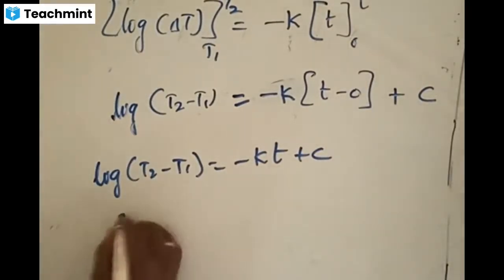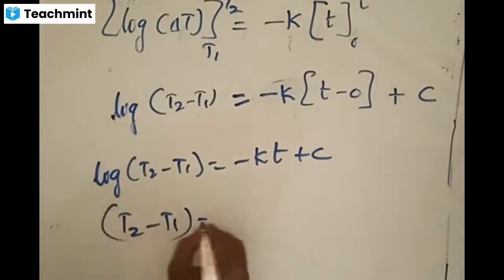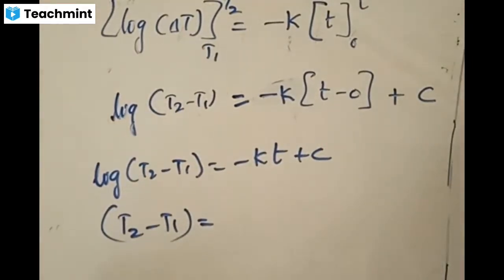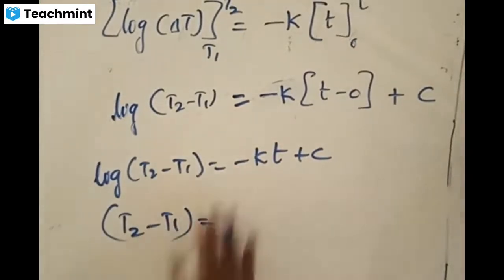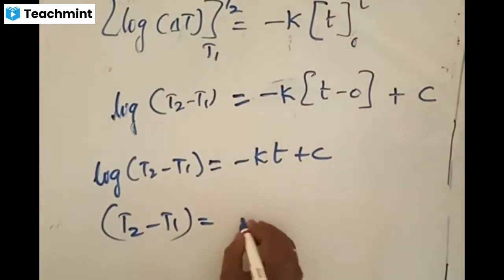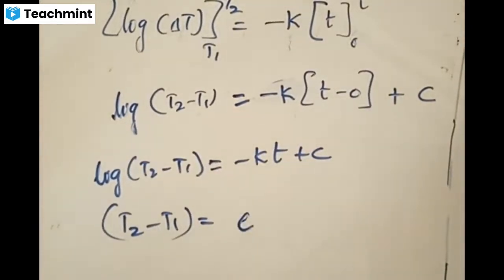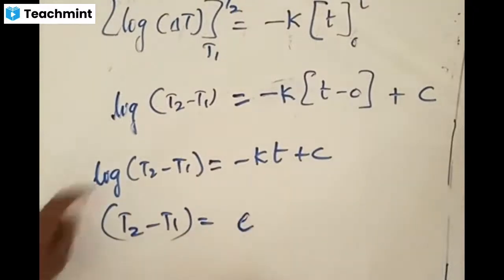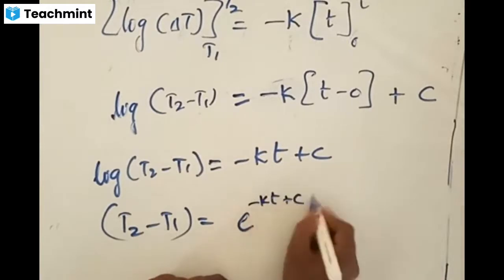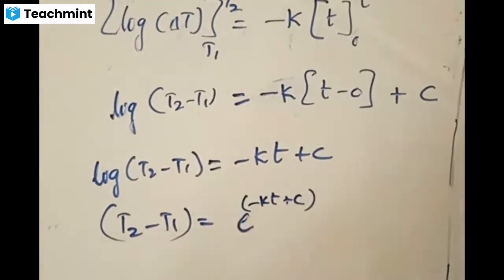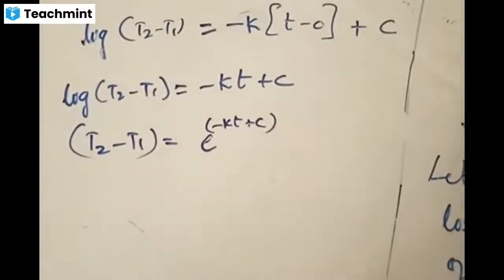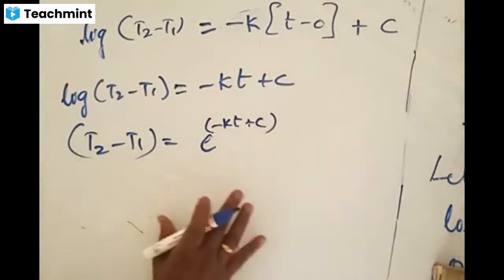Now, taking log to the other end. What happens if you take log to the other side? If you take log to the RHS, on the LHS we have log. If you take it to the RHS, what does it become? If you remember, it becomes an exponential term, e to the power of. This log taken to this side gives rise to the exponential, and the power of that is minus kt plus c. Hopefully you know this. T2 minus T1 is equal to e to the power of. Now separating the terms. Do you know this thing or not?